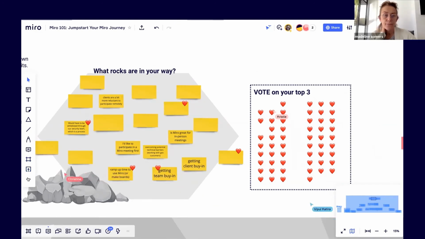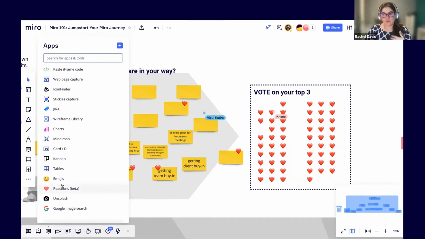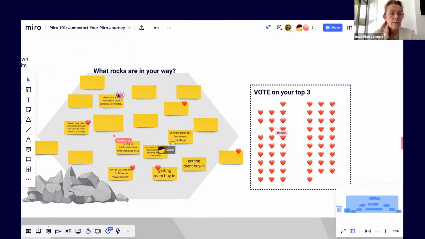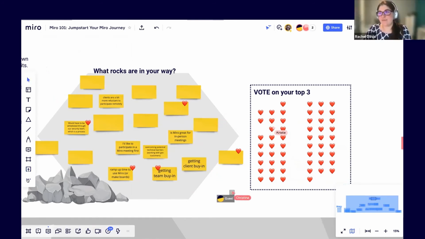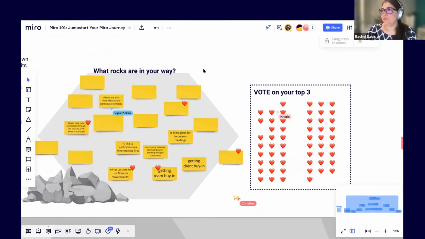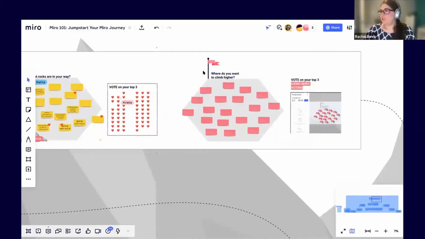I love that. Yeah, there's also a beta feature here called reactions. So this is a little different. So let's say if you're doing a warm up and you want people to react to post-its. So it pops this little thing up here where you can actually react to things. I love that. Yeah, so that's a beta feature. What's interesting about that though is it's actually for people to react in real time. So I wouldn't use that for voting. Yeah. All right, let's go over here.